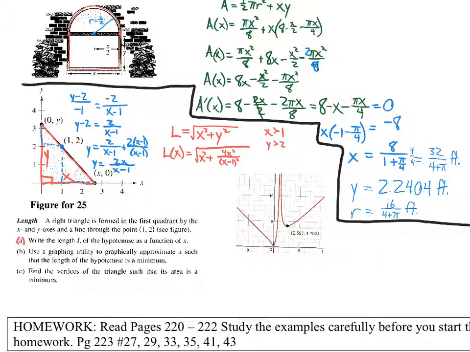Okay, now that means the length of the hypotenuse is 4.162. All right, so notice what we're finding here. This is x, and this right here is L of x. Be careful not to make that your y value, okay? Because the y value is 2x over x minus 1. All right. So the y value is actually going to be